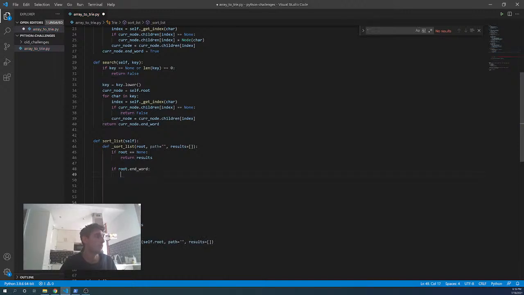First of all, we add to the current path the current character, no? Done. And if root dot end word, we go results dot append path, and that's it. And we could just return the results, but of course we have to invoke this function on